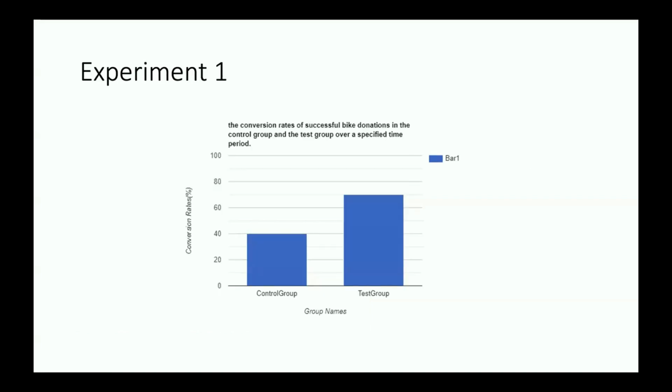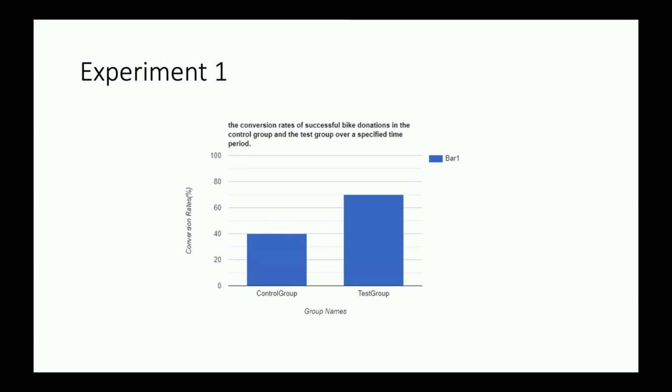So, experiment one. As a language model, my blind spots may come from a variety of sources such as the lack of data, biases, or errors in processing. One possible blind spot in my program could be the accuracy of the recommendations made to donate bikes. For example, if the recommendations provided are not relevant or do not meet the needs of the users, it could result in a negative experience and discourage them from participating in the donation process.